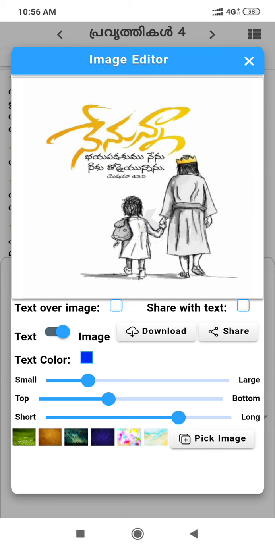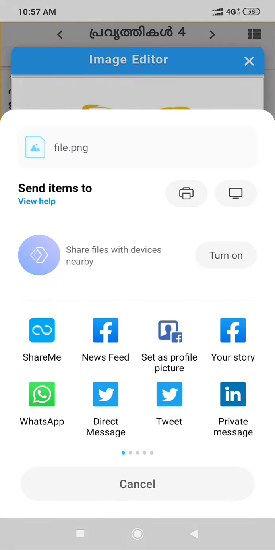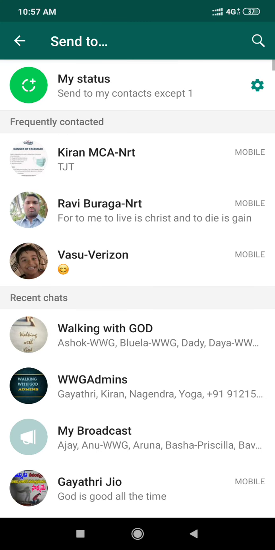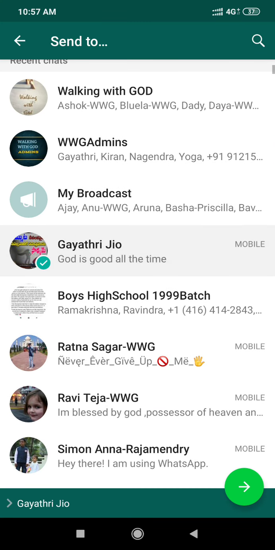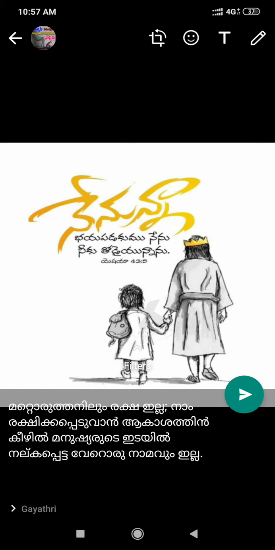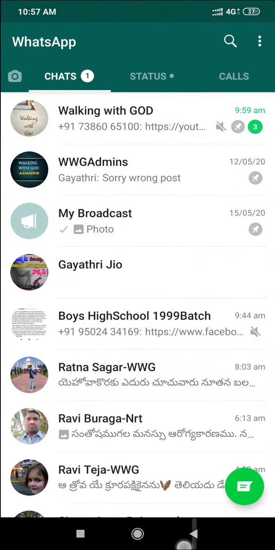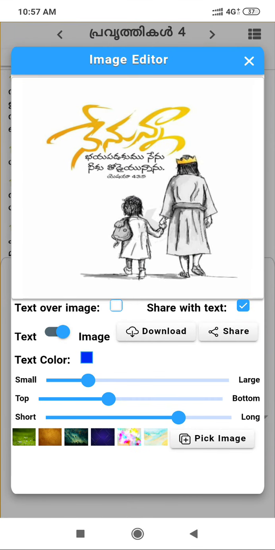This will give you the text you selected, and along with the image it will share the text code. For example, like this, the text is there and the image is also there, and you can send it like that. So these are a few things you can customize in the image.